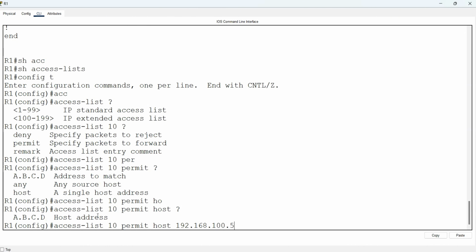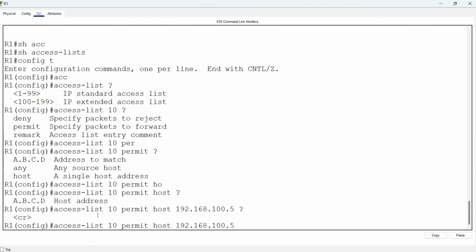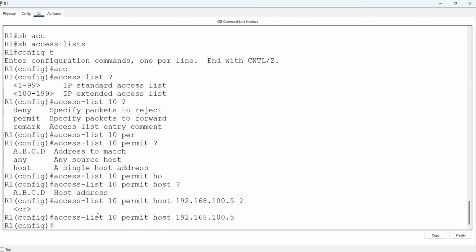192.168.100.5 space question mark. I see the CR, carriage return. That means I can press enter. Guess what? I'm not going to do anything else. You know what that means? It's going to deny everybody else, but the access list won't take effect until I link it to a line